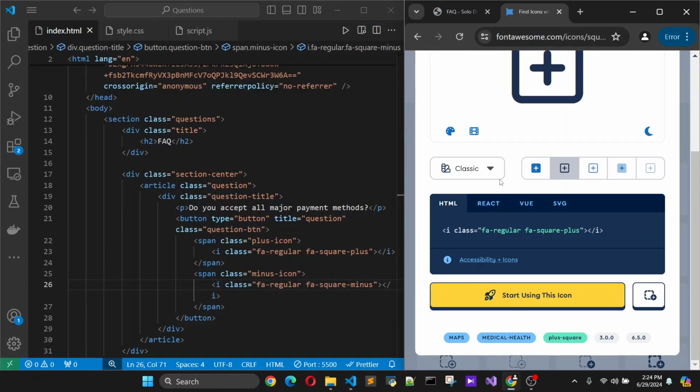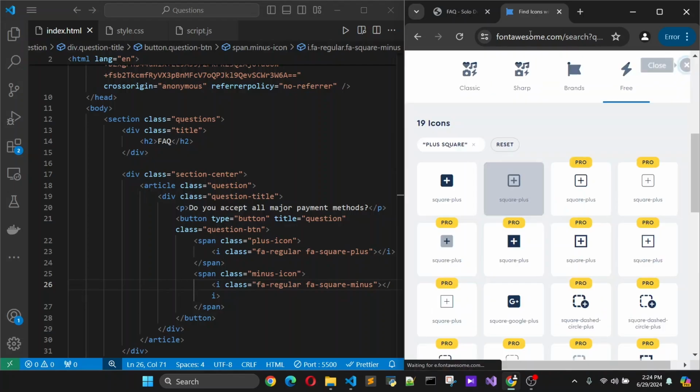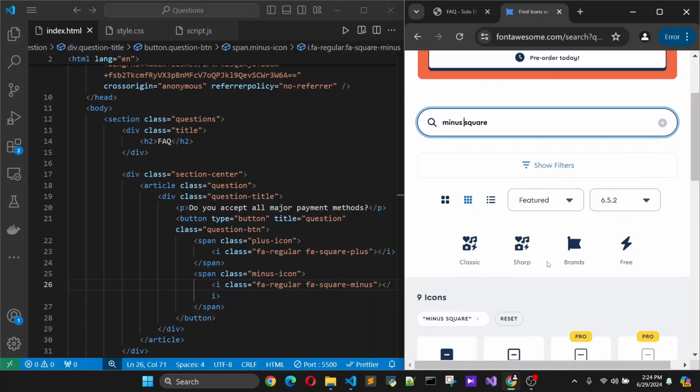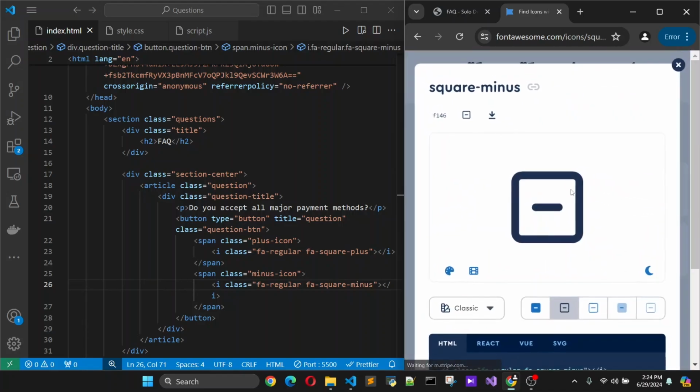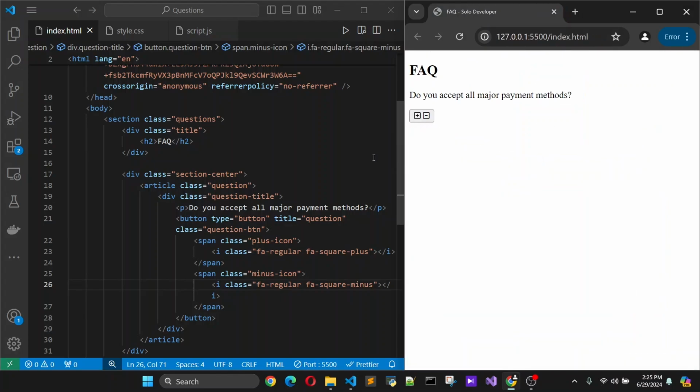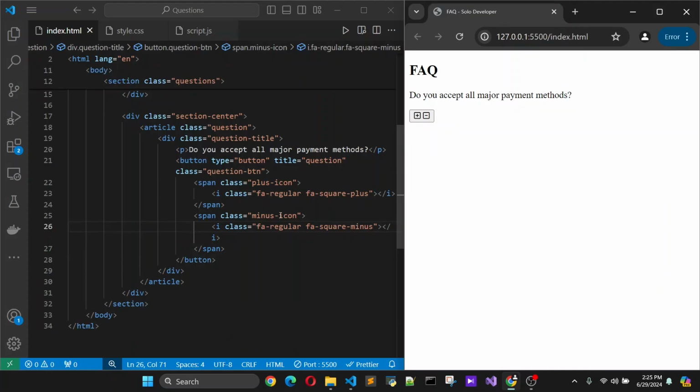So if you can't find this one, again navigate to this website and search for the minus icon, minus square. Then after click on the particular square, then after copy this text. Alright, so we have added two icons. Now I'm going to add some text into this question. So after this div section, question title,